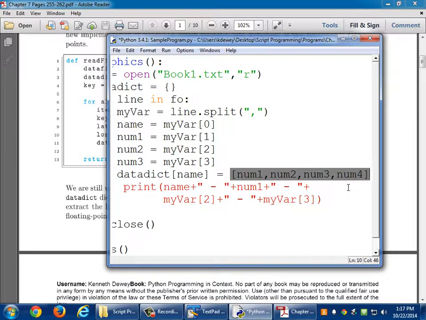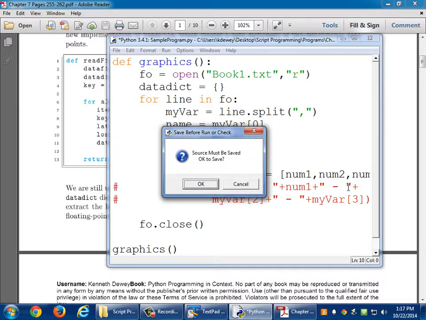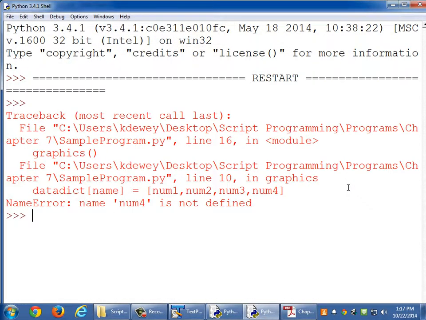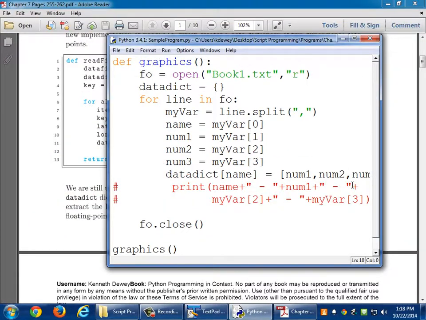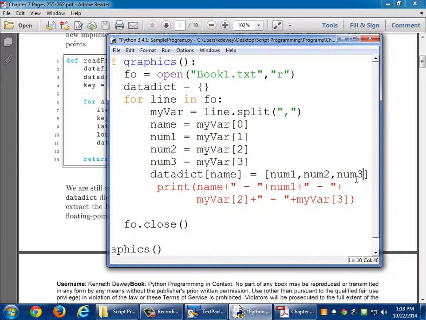just going to make sure. I like putting errors in here just so you can see what the errors do, because out of all the classes I've ever taught, people have the hardest time with what an error means. So that's why I sometimes put some in, so you can see it. If I run this, it's going to be like, whoa, what the heck is num4? It's not defined. Oh, we didn't need a num4. Very good though, y'all caught that even before I ran it. All right, so if I run it now,